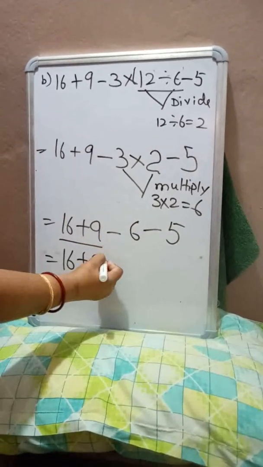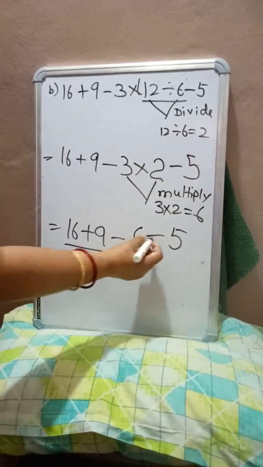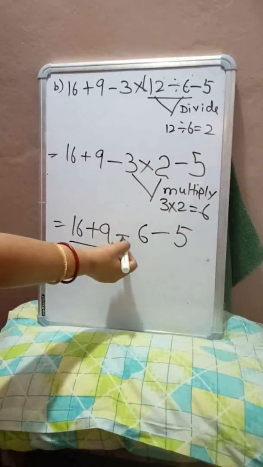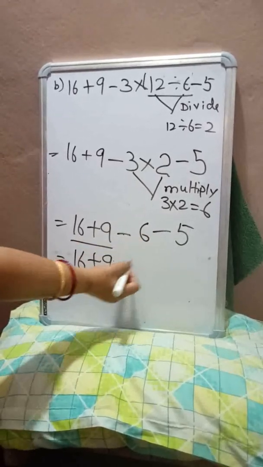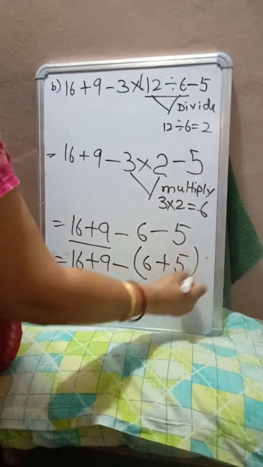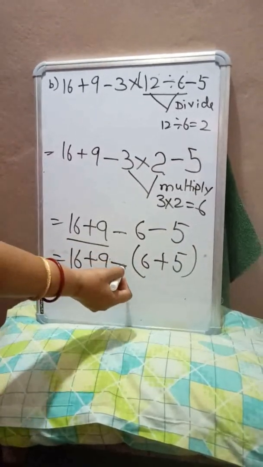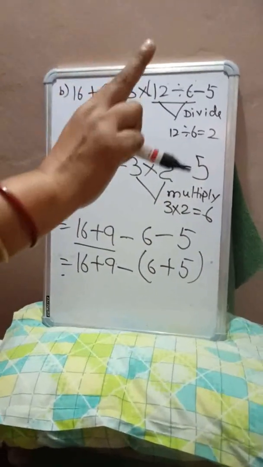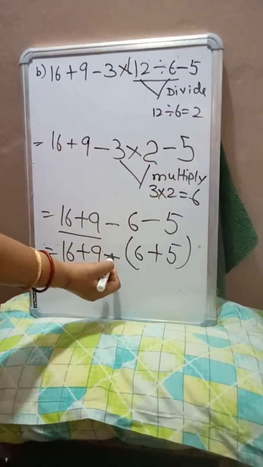Now here all of you see 16 plus 9. Minus is common, we will take common. We will take the minus sign, since two minus signs are there. So I will take minus sign as common and then 6 plus 5. Right. This is an integer formula. So whenever there are two negative signs, it will be converted into addition, but the sign will always remain the negative.